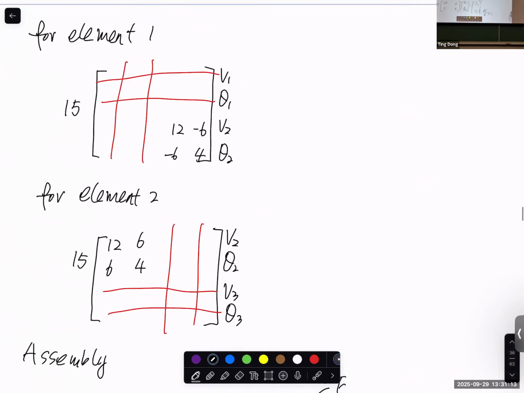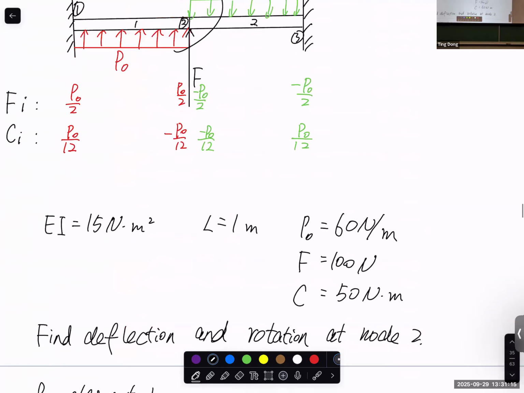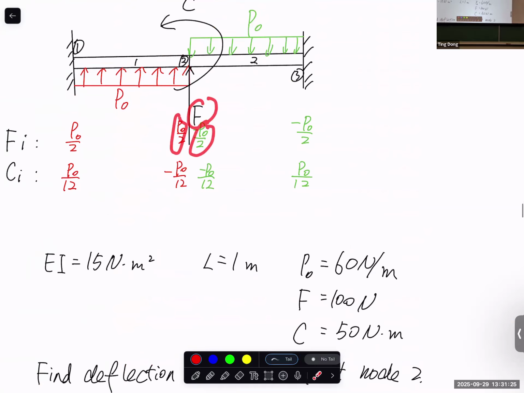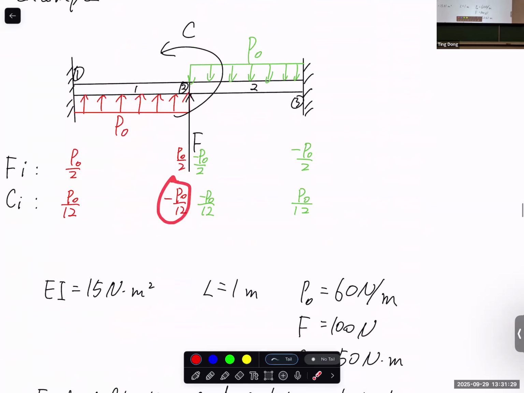Yes. So basically, for the equivalent transverse force, we have this one plus this one plus this one. So it should be equal to F. For the equivalent couple applied at node 2, it should be this one plus this one plus this one. Right. So let's write here clearly. So for F2, it should be